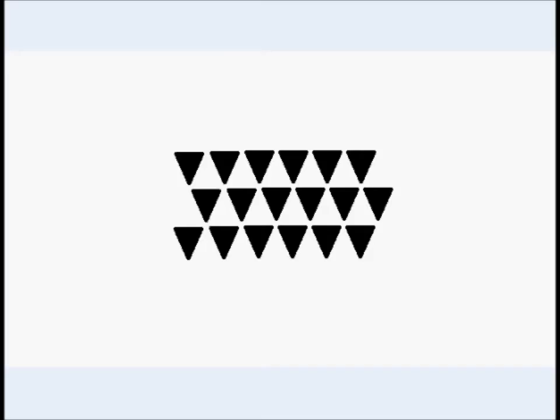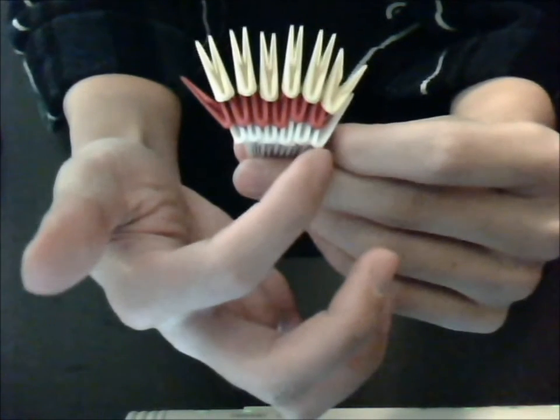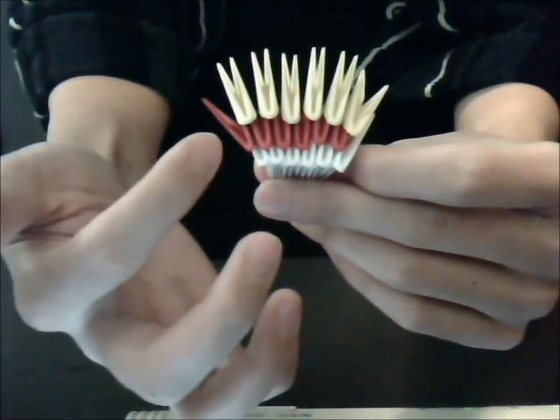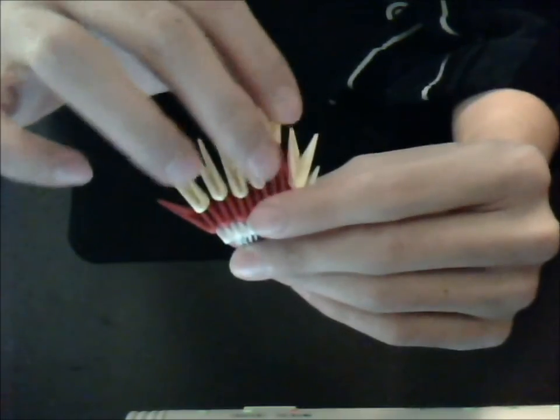Okay? Other times you'll want to do what's called a decrease, where you're taking pieces out. So it looks like an actual pyramid where it's wider on the bottom, but as you get to the top it's fewer and fewer pieces. It looks something like this, where you have a row of 6 and then you remove a piece, so the next row on top of it becomes a row of 5, and every row above that becomes a row of 5. So over here we have a row of 6 whites on the bottom. We're going to turn this row of 6 reds into 5. So we're taking off the yellows on top,